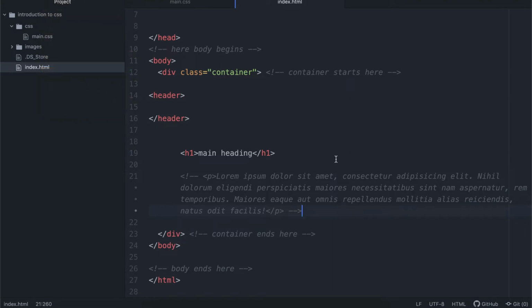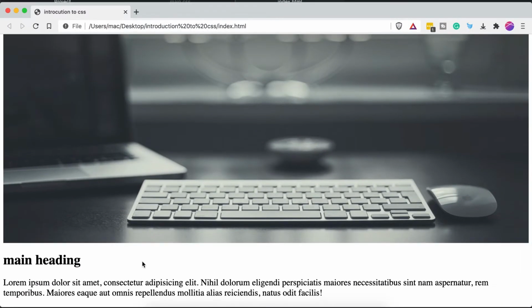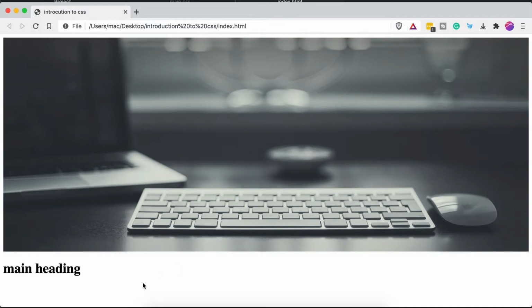Okay. Now let's go to the website and take a look. Right now the paragraph is displayed here. As soon as I refresh, it should disappear. The reason it disappeared is that I commented it out, and anything written in a comment does not display on